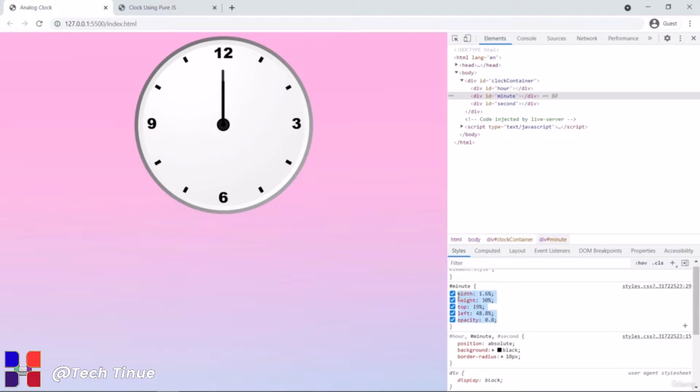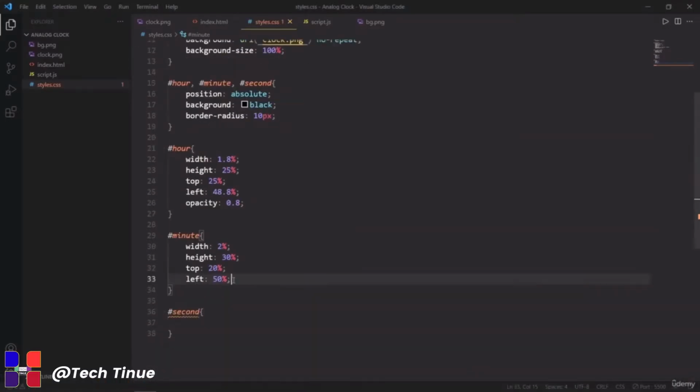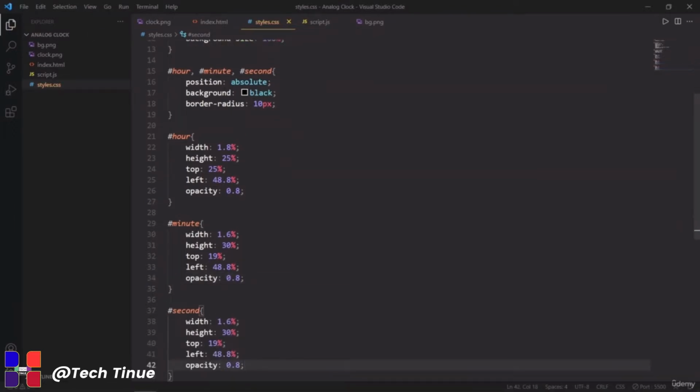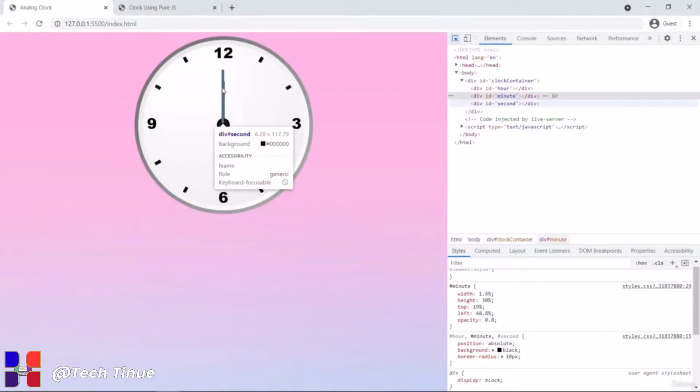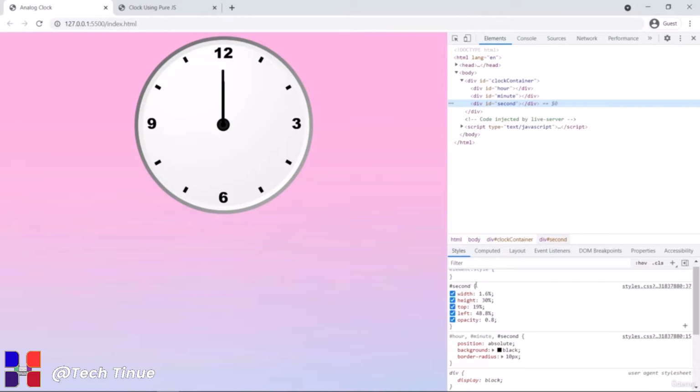Let's copy these properties and paste them here in your code. Now let's do the same for the second hand. I'm just going to copy the same here and then save it. Go to the browser and change the properties. So let's select this second hand here, and as you can see, the ID selector with the second appears here. I will make some changes here. Set the width to 1%